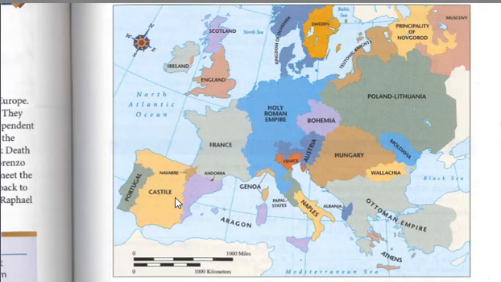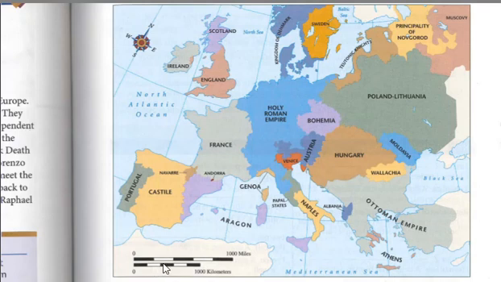Right now, I just want to talk about general map issues. First thing you want to find is the compass rose. This is very, very important. It tells you north, and from north you can get the other cardinal directions of east, west, and south. Usually north is up. North is the top of the map, but not always. So you've got to find that compass rose to get your orientation.